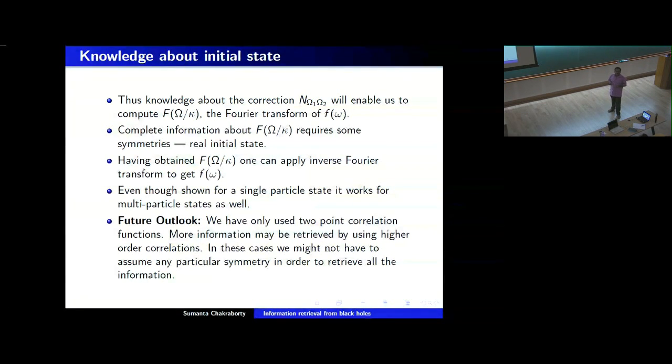The other point I would like to mention is that we have just answered the question of how you can retrieve the information. But there is another paradox here. Initially you had a pure state, and that has been going to a mixed state, because the black hole starts with some particular configuration, and since matter is intrinsically quantum, it should be a pure state. But ultimately, after the evaporation, what you have is a thermal spectrum, and thermal states are mixed states. So how does a pure to mixed transition occur? Is there any violation of unitarity? That is another point we would like to explore later, but in this particular work, we have not explored the aspects of unitarity, but only the aspects of information retrieval.